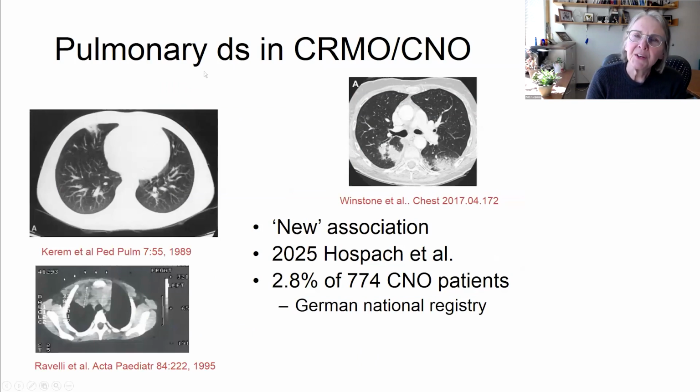This is the newer thing that I want to talk about, is pulmonary disease and CNO. And I think this is an evolving story, but really one that's been going on for a while. So in 1989, this was Ron Laxer's group, reported a patient with CNO that had pulmonary lesions. And then Angelo Rovelli in 1995, also a patient that had pulmonary lesions. And then Winstone et al., here's another with these